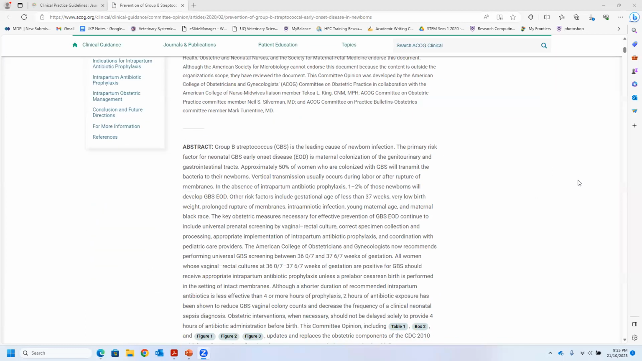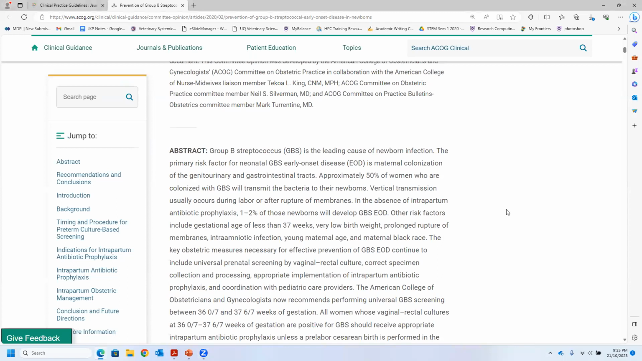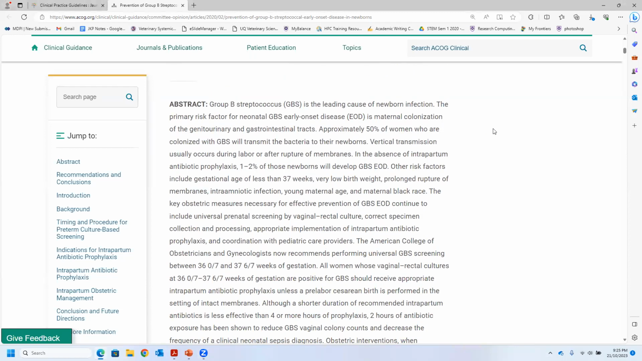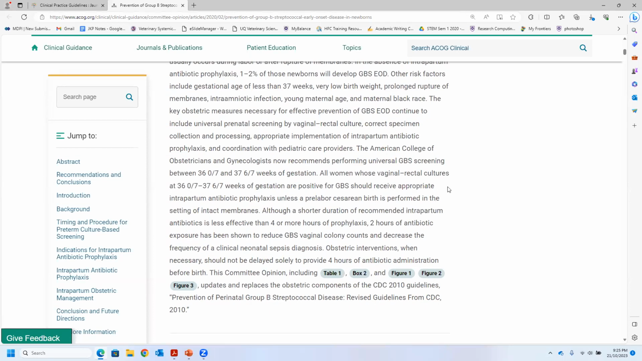It's the leading cause of newborn infection. That's why there is a screening program for it. Primary risk factor is maternal colonization of the infection. 50% will transmit. That's why we do the screening, and it's associated with neonatal sepsis, low birth weight, prolonged rupture of membranes. All women who have vaginal rectal cultures positive at 36 weeks should have appropriate intrapartum antibiotic prophylaxis